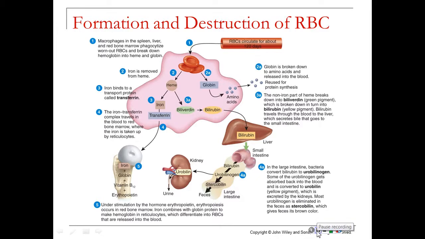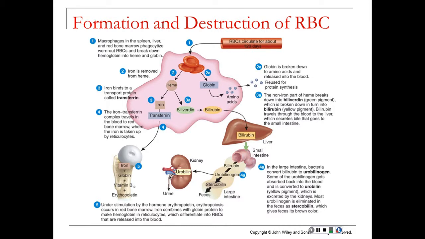So this diagram shows you the formation and destruction of red blood cells. So you have your red blood cells circulating for about 120 days or so. Macrophages within the spleen and liver, red bone marrow are going to phagocytize those worn out red blood cells, break down the hemoglobin into the heme and globin components, which you see here in 2 and 2A. The iron is removed from the heme. The iron binds to a transport protein called transferrin. This transferrin protein travels to the bone marrow, where it's then taken up by new reticulocytes and reused in new